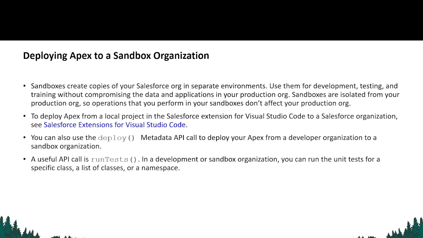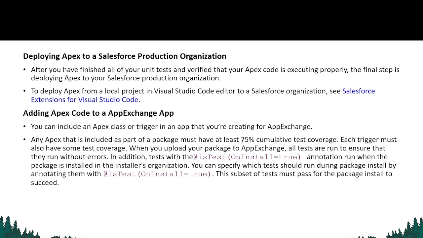You can also use the deploy method API, and you can access the developer organization to a sandbox organization. You have an API called run test. This run test will execute all the tests and declare a specific class, a list of classes and the namespace. Then I have to deploy. Then after that, all the unit tests are verified, and the final step of deploying the Apex is done